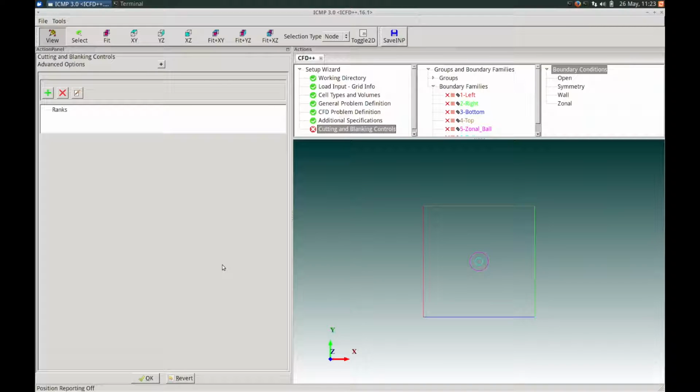Next, we are taken to the cutting and blanking controls panel. Here, we want to add 2 ranks, so we will highlight the ranks tree and single left mouse click the plus button twice. Before proceeding with the cutting and blanking controls, I want to point out some basic mouse controls